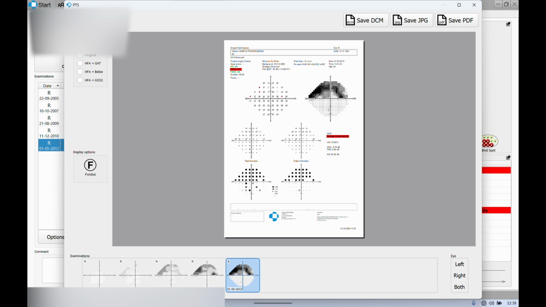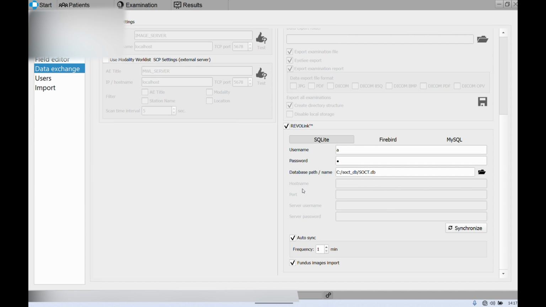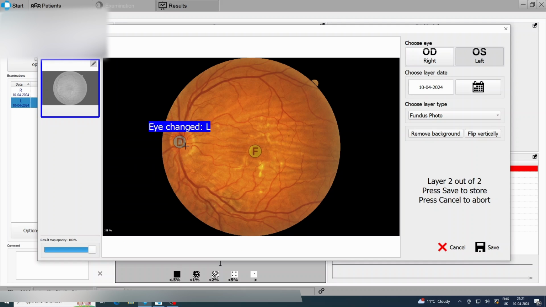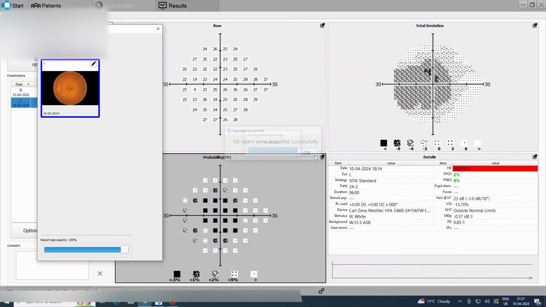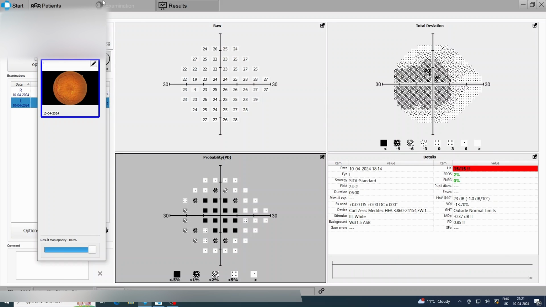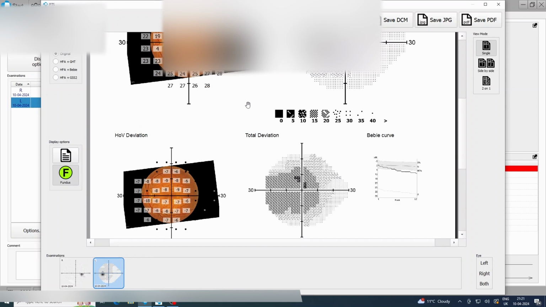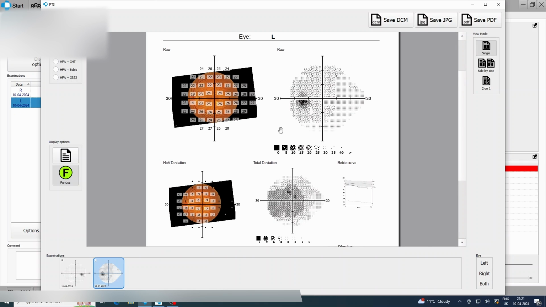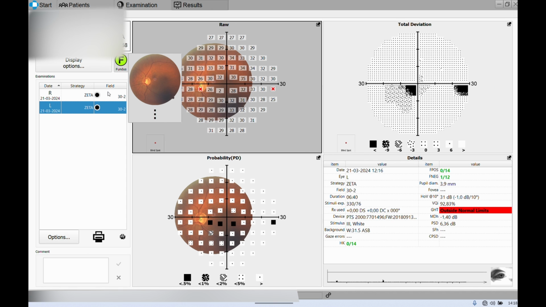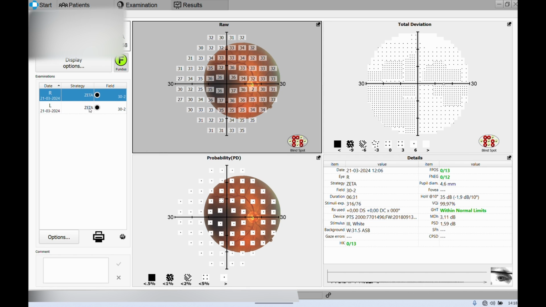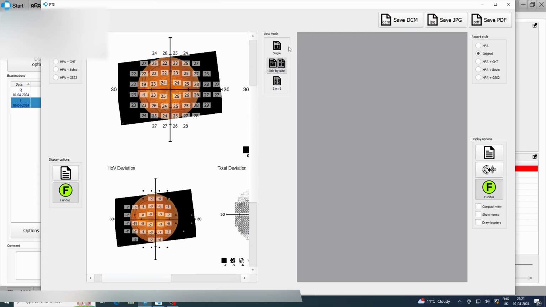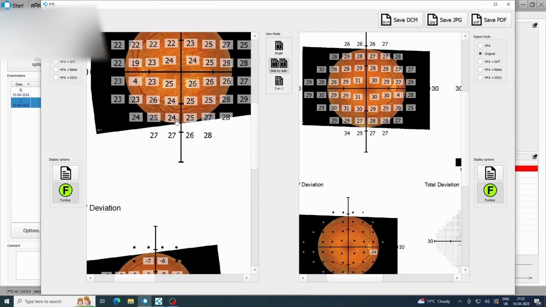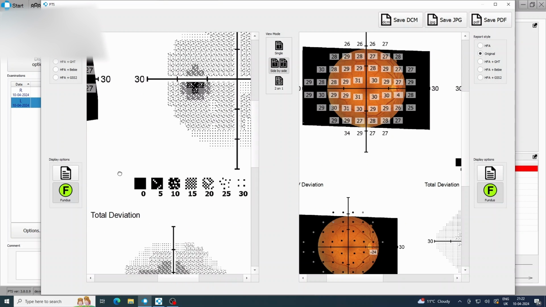When you're done viewing the results on the machine, you can print them out, and there are several printout templates available. An amazing feature is if you have the fundus camera with your Optopol Revo OCT, you can connect it to your PTS, and then you will have a fundus photo on the printout. If it's connected via LAN or internet, you can have it automatically added. And this is what you will see. So you have the fundus photo on the perimetry as well. You can naturally change the printout, you can change what kind of PTS information you want to have, or you can choose